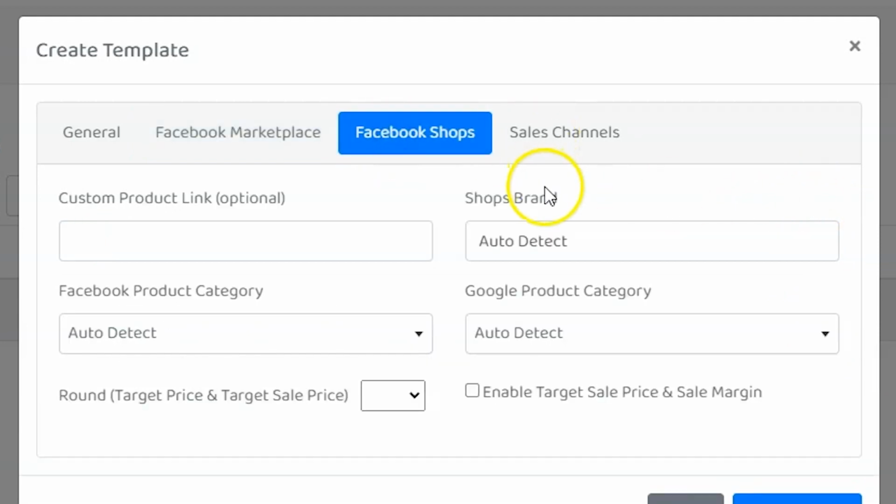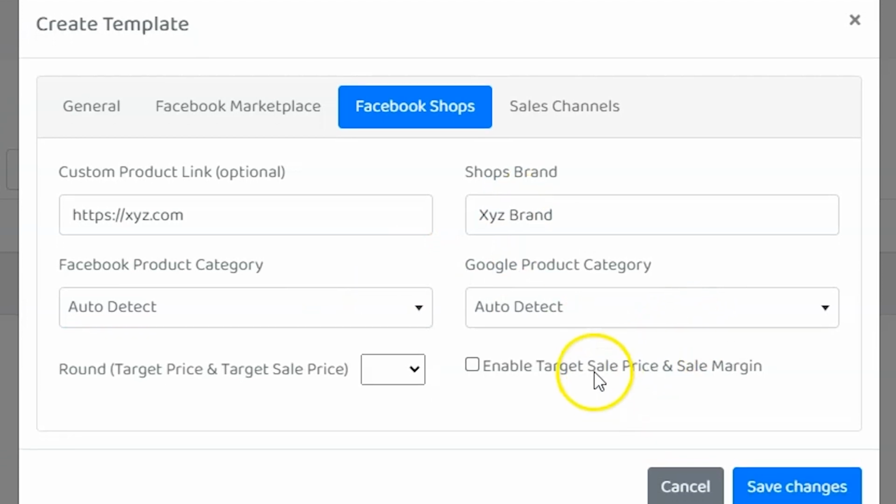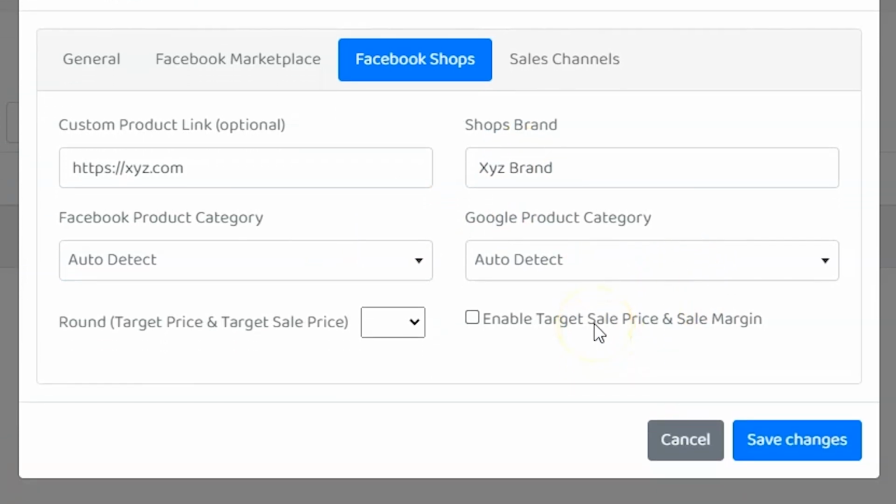Now at the same time, if you're selling on shops, you can add the URL to your shop store. You can have your brand, right? You can also auto detect the brand. You can have your categories or auto detect them. You can have the target sale prices that shops allows. You can also have the rounding that shops allows. Pretty much it. You guys can set all those things up just like normal.